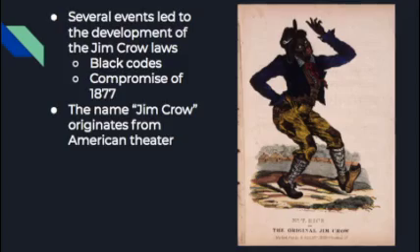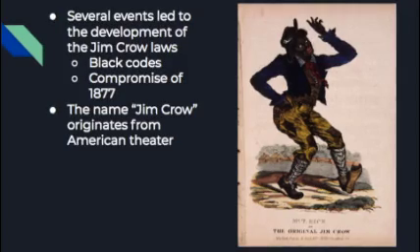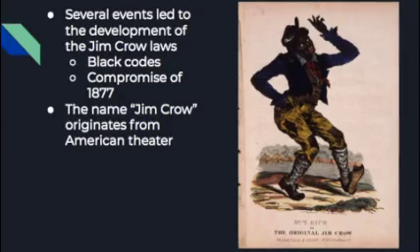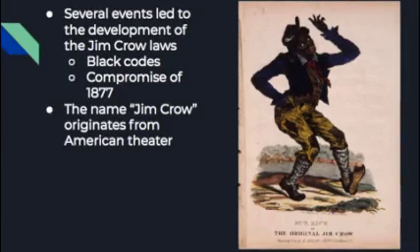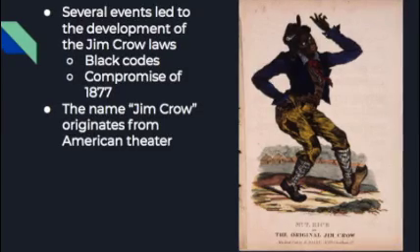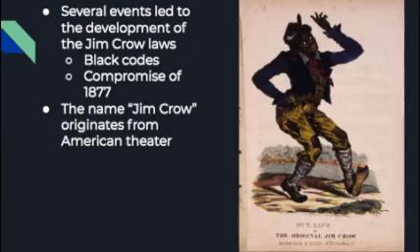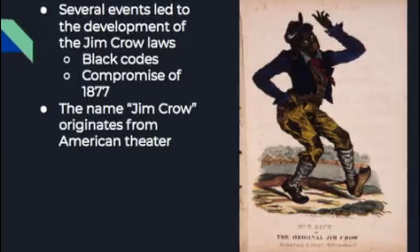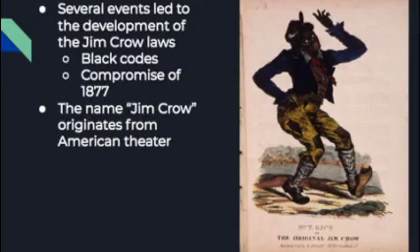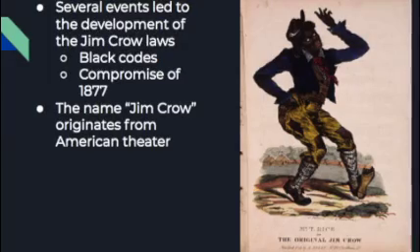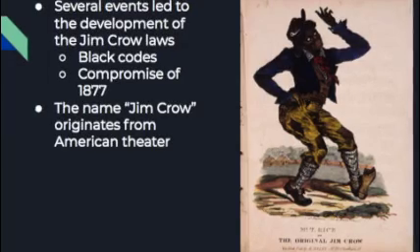The Compromise of 1877 was also an important factor in the creation of the Jim Crow laws. This compromise resulted from a tie in the election of 1876. In order to influence the outcomes, political leaders from both parties met secretly, and Democratic leaders agreed to nominate Rutherford Hayes as president if the Republicans removed military forces currently occupying the South. After the military forces were removed, white supremacist leaders overtook governmental positions in the South.